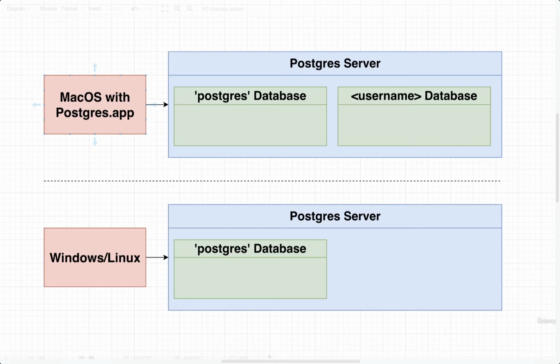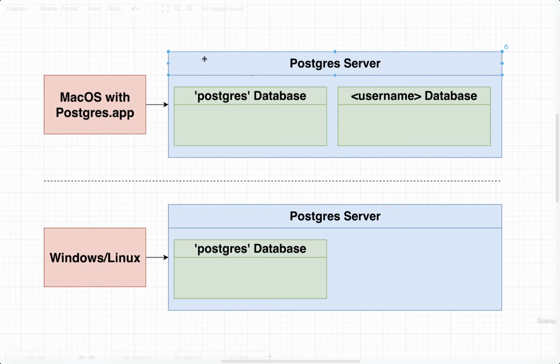After a little bit of setup, we've now got Postgres up and running locally. Now, just to make sure it's really clear, at this point in time, people watching this video are going to be in one of three possible states. You might be running Postgres on Mac OS with the Postgres app, or you might be running Postgres on Windows or Linux. Depending upon the operating system that you are currently running on and how you set this database up,